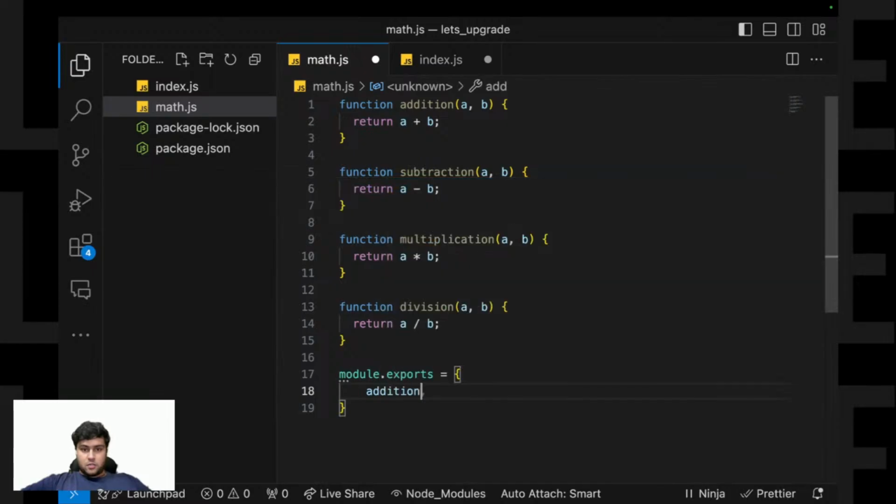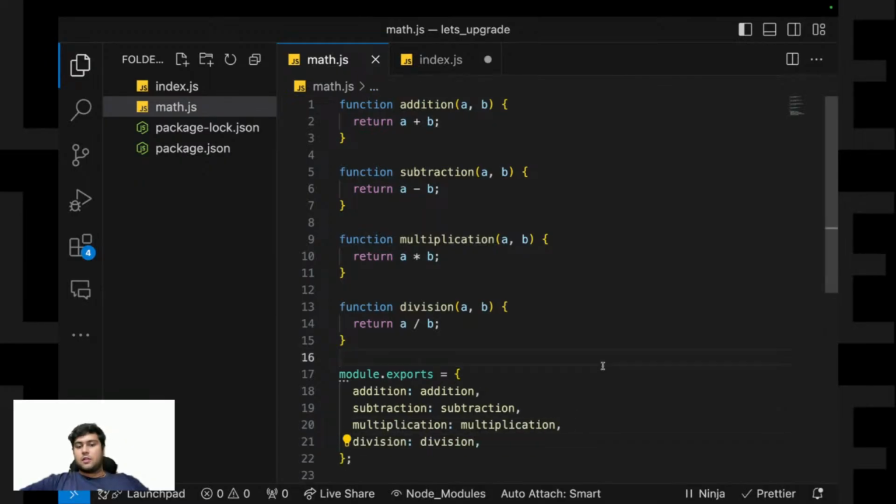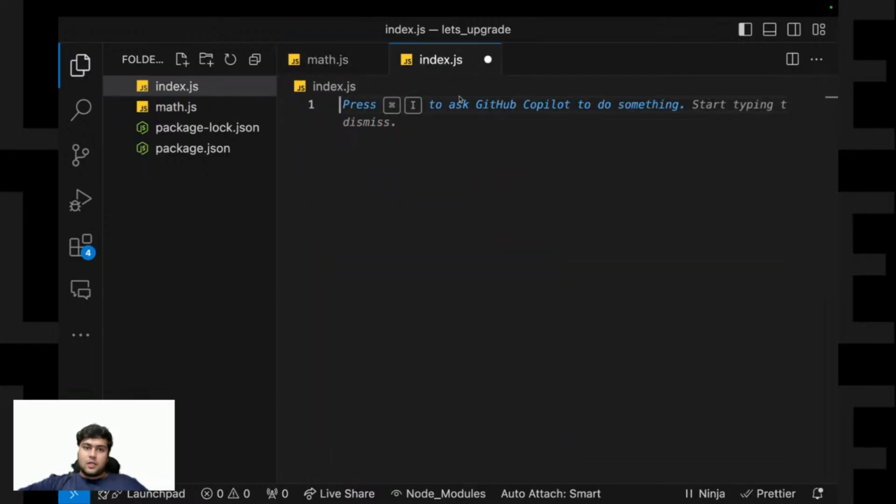I'll say addition, subtraction as subtraction, multiplication as multiplication, division as division. Basically, I have created the object module.exports, and it will export all the four functions by these names. Now, if I want to import these functions in my file, what I will do is